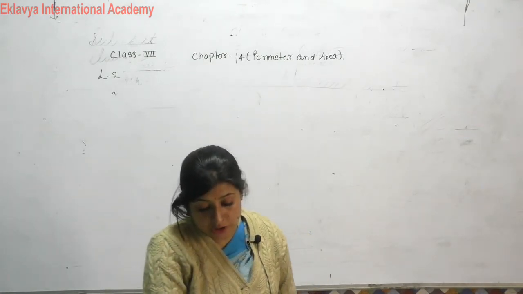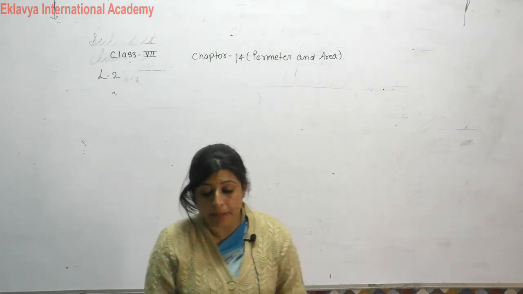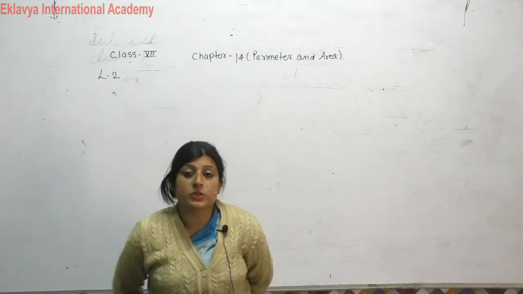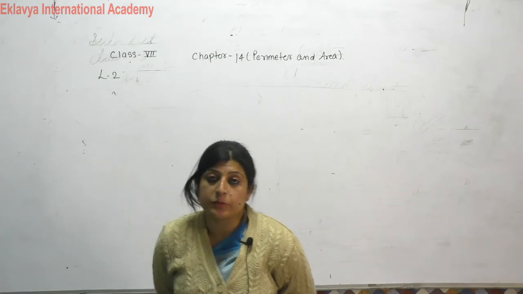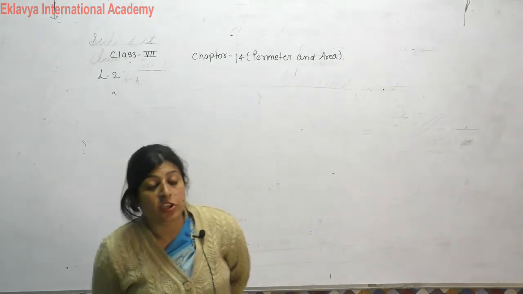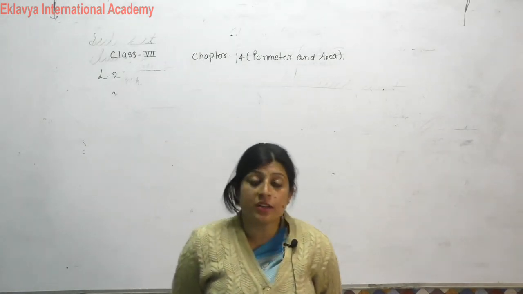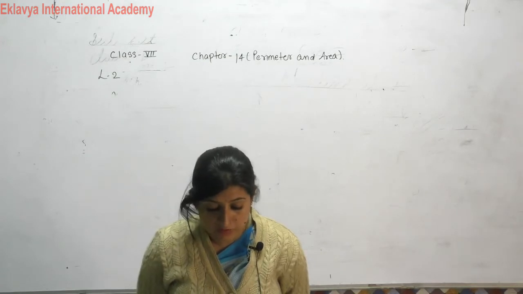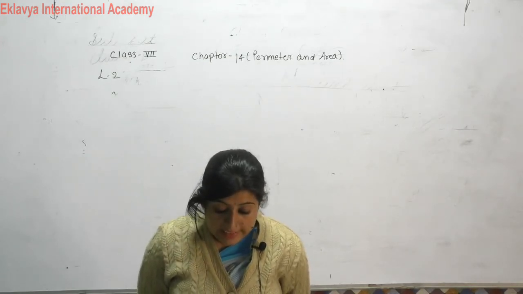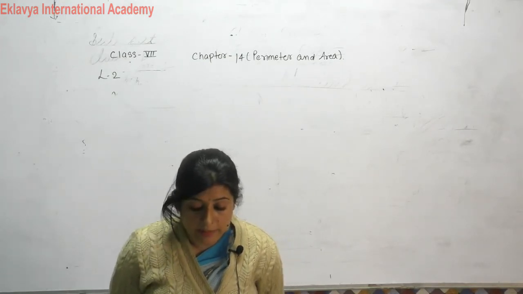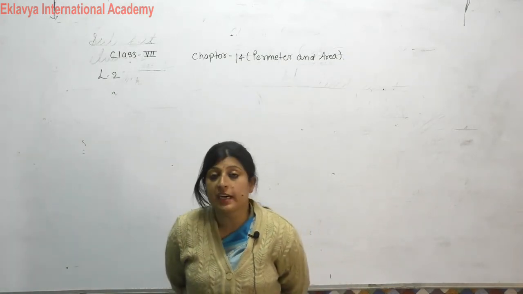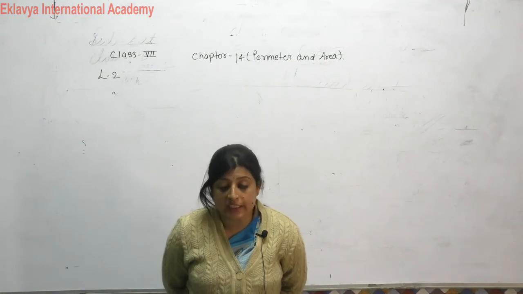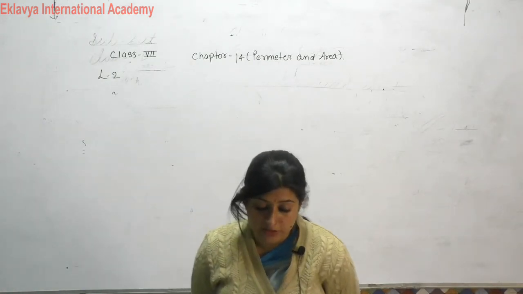Now see the question. Question number 1, copy and complete the following table. You can do this. Length is given to you, find out the breadth, area is given to you. So breadth is equal to area upon length. This type you can solve for the first question. Second question, find the area of the square. In a square the side is given to you, then how to find the area? Side multiplied by side, then you can find the area of this.